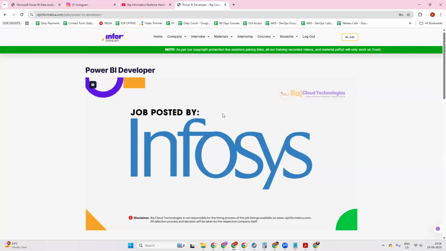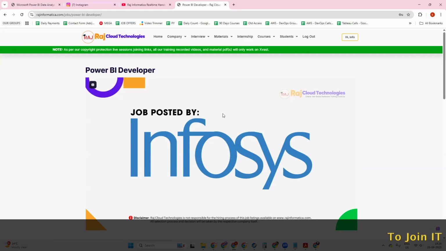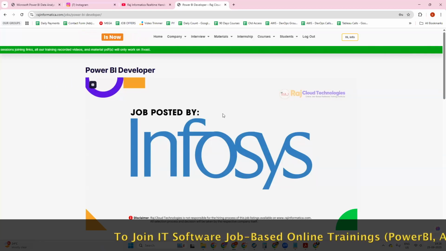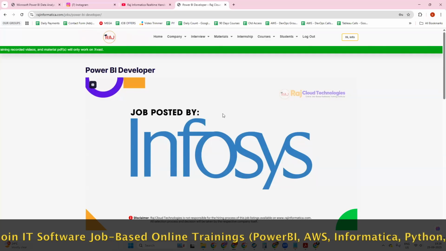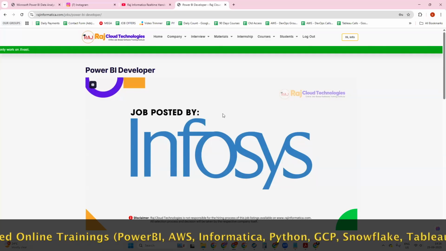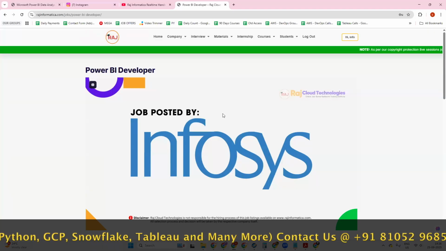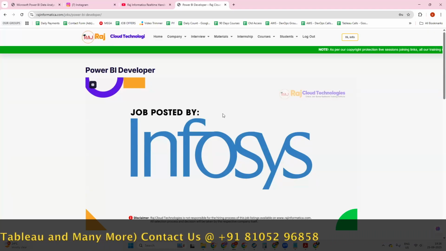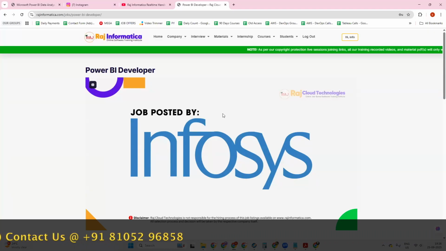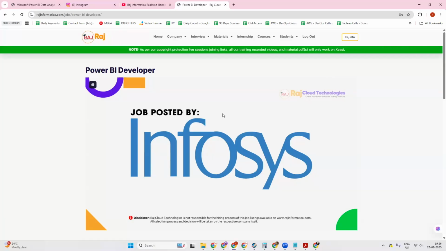Even if I'm applying to all the Power BI jobs, my resume is not getting shortlisted. There are many questions coming up from the students. To avoid all this, we have created a page, and right now we are offering from Raj Cloud Technologies whatever job opportunities are there from outside, we are going to post them here, and the referrals, everything will be available on this page. Very soon we'll be launching, so keep browsing our website so that you'll come to know.